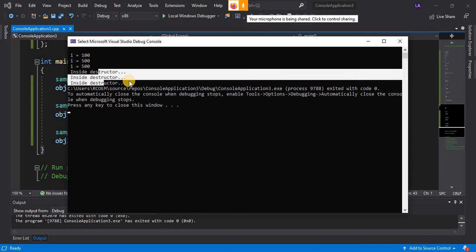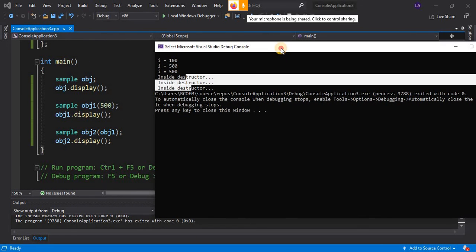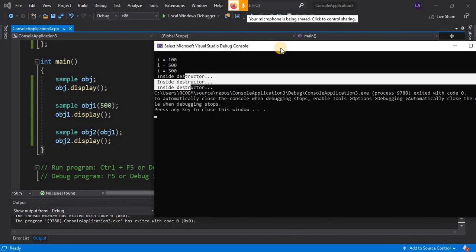So let us revise what we have seen so far. A constructor is a special member function whose name is the same as the class name. A destructor is a member function whose name is the same as the class name, but it is preceded with the tilde sign. Constructors don't have a return type, not even void. Similarly, destructors don't have a return type, not even void. Constructors are of 3 types: default, parameterized and copy constructor. If we write all 3 constructors or 2 constructors together, then we refer to it as constructor overloading.